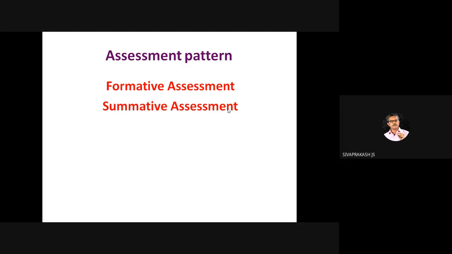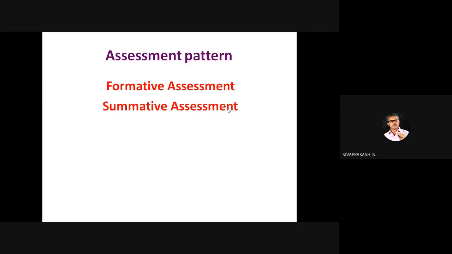Even for the MPhil and PhD program, there is 60% weightage for the internal assessment, because it is purely self-exploratory. That's a review. The summative is an end-term assessment. Formative is an internal assessment, a continuous assessment. Summative assessment, we used to call it term assessment, or it's the end. It gives a full stop, right?